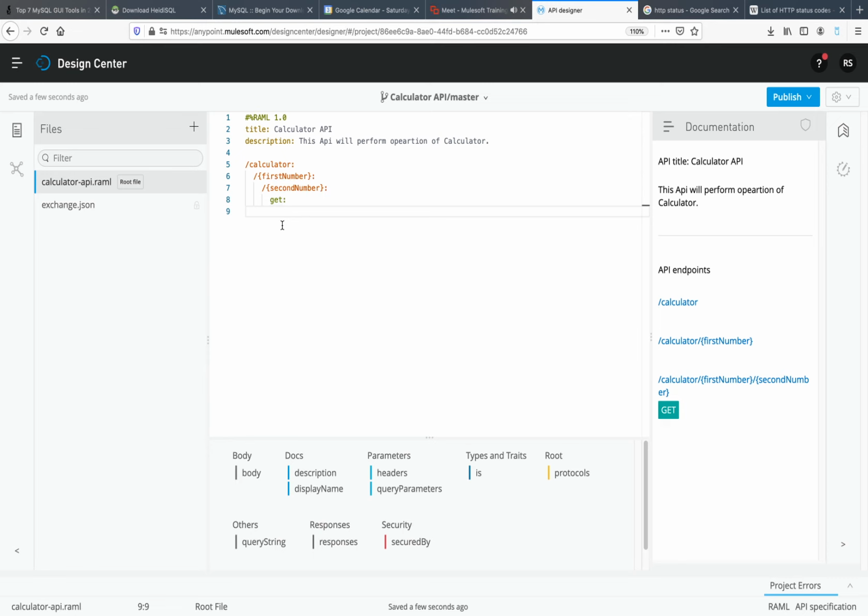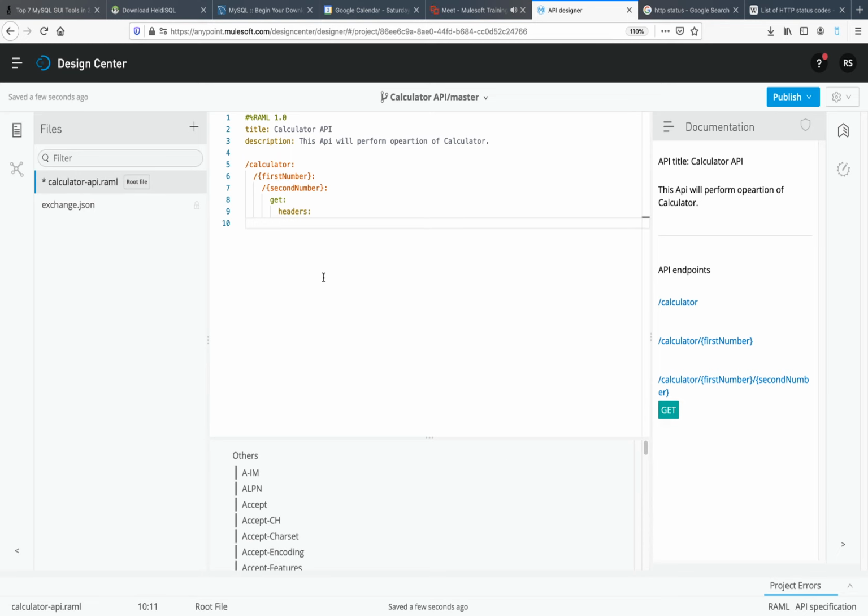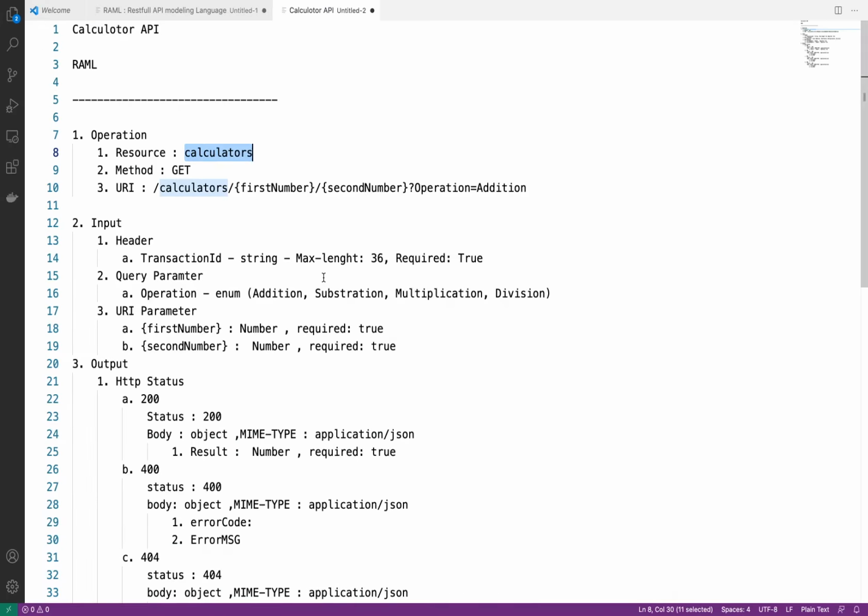Okay, so what all things we can define here? Header, query parameter, you can see here header, query parameter, body, and then we can define response also. Other things also we can define, but we are focused on a very basic YAML, so we will discuss only this. So first I will define this header. So what header do I want to pass here?